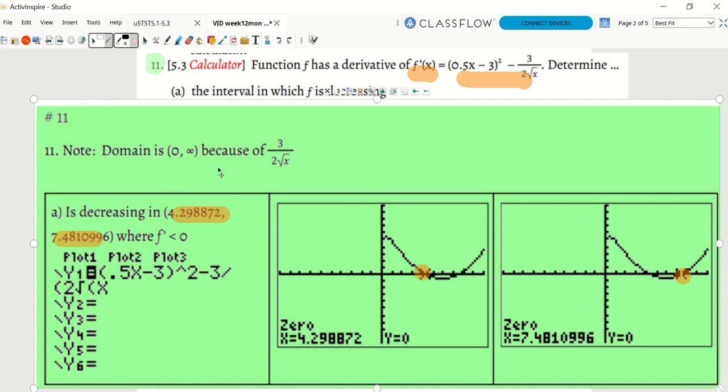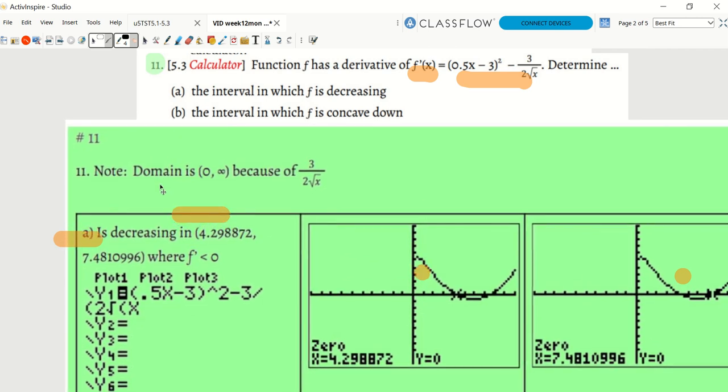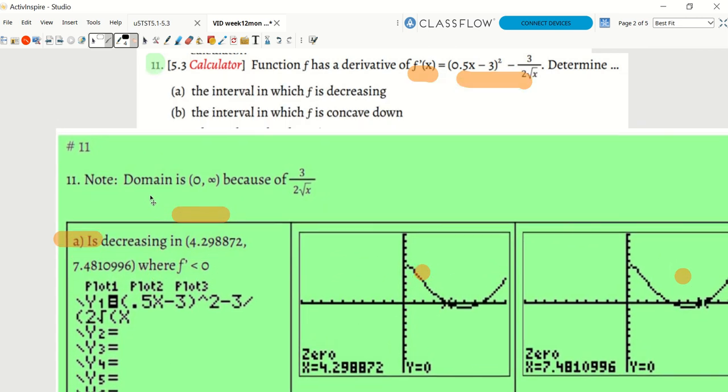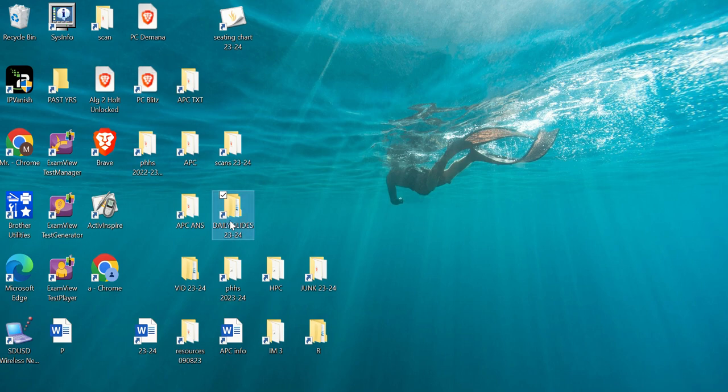Now for B, let's look at B. Where is the interval concave down? Concave down means the slopes are decreasing. So if you take a look right over here,